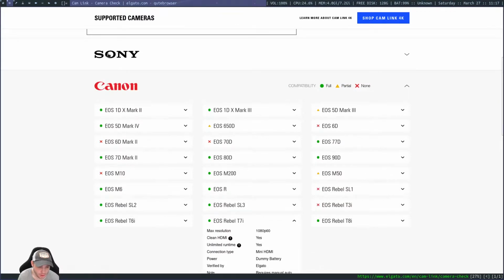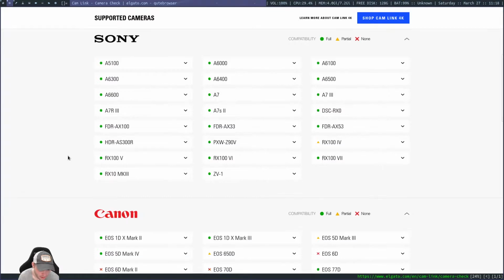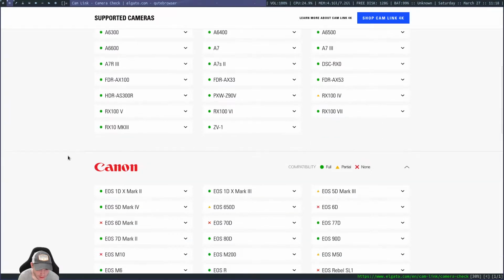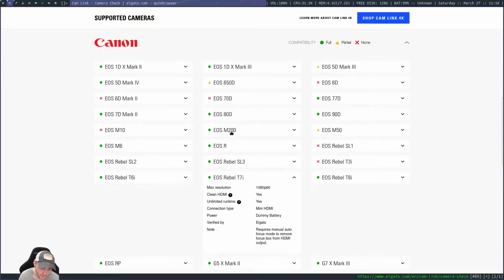It's somewhere on here, I can't remember where it is. Or no, was it the Sony or was it a Canon? No, yeah, it was a Canon, the EOS M200 right here.